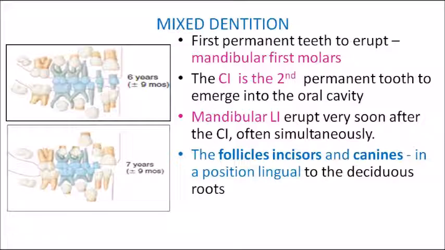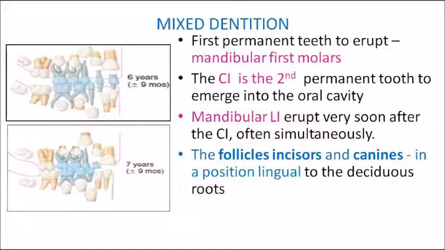So please look at the second picture on the left side. It is showing the status of the dentition at 7 years of age. You can notice that the permanent first molars are now in occlusion. In the previous picture, the permanent first molars were just erupting, but at 7 years of age, they are now in occlusion. And you have lost your primary central incisors in both upper and lower arch, as well as your lateral incisors in the lower arch.